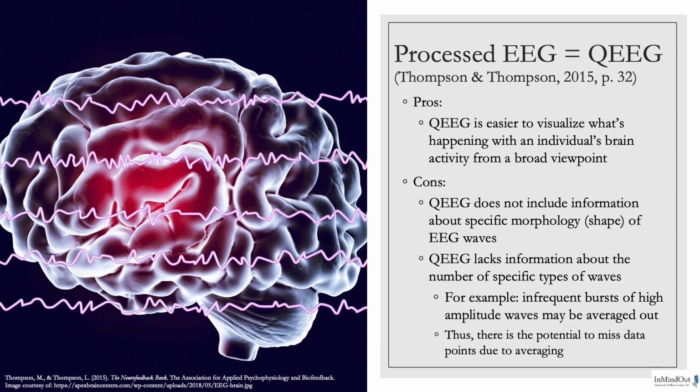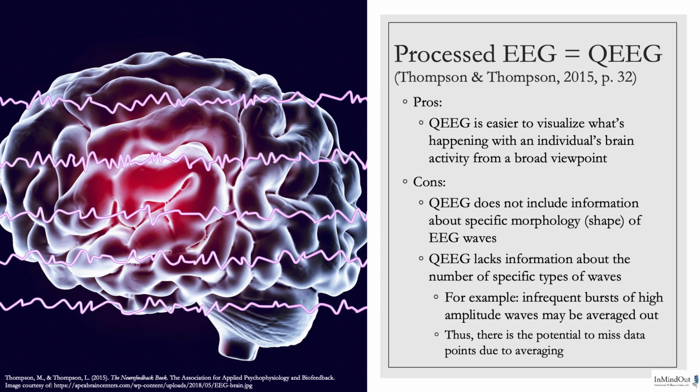So there are pros and cons to looking at quantitative EEG. The pro is, as I said, it's easier to visualize what's happening in a person's brain from a very broad perspective. The cons are that the QEEG does not include any information about specific waves, such as morphology, which is important because certain types of morphology tell you what kind of activity is going on in the brain. There are normal variants. There are abnormal variants. There are